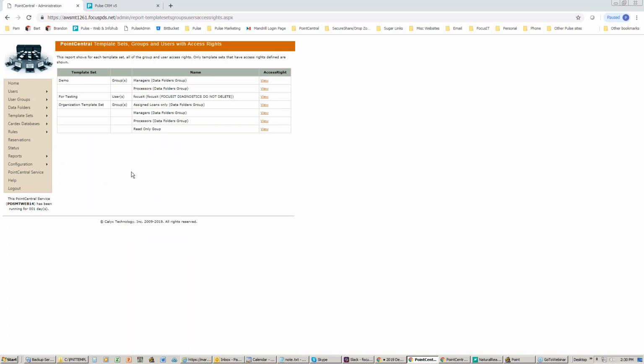And then, of course, the templates. You want to make sure that everyone is assigned to a template group, as we talked before. It doesn't mean you have to give them rights to be able to add or make changes to the templates, but you want to give them access to the templates. You don't want them doing templates on their local computers, because what's going to happen, and it's inevitable, is their local computer is going to crash and they're going to lose everything they had, and they're going to scream and